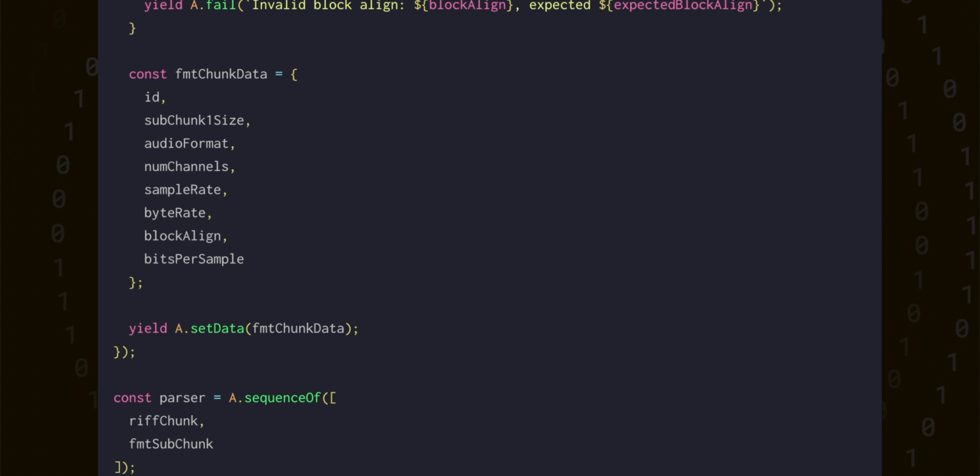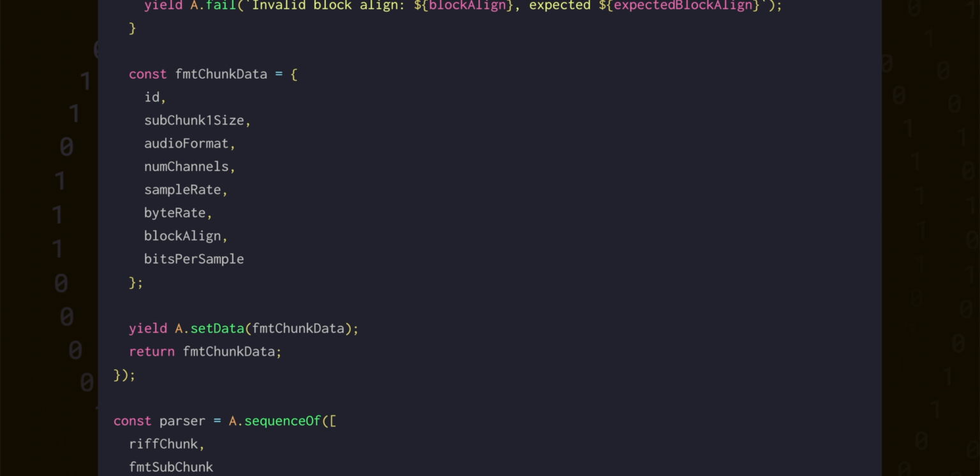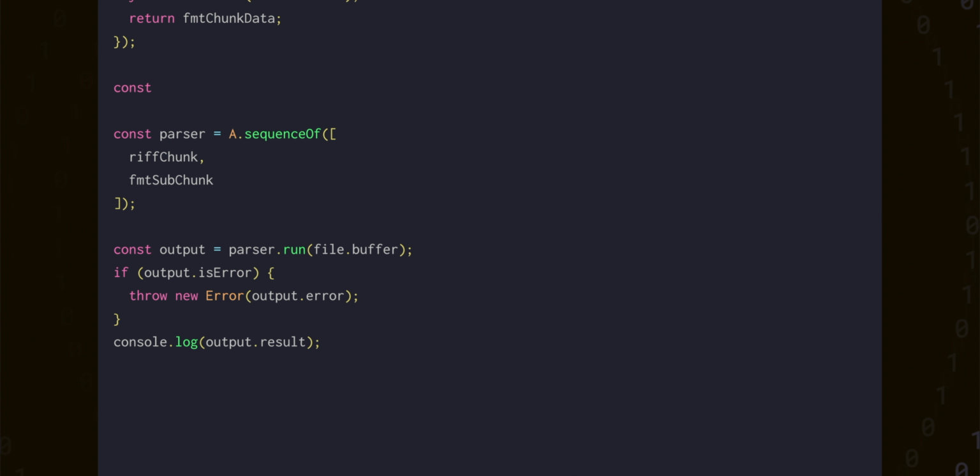This parser doesn't consume any input or alter the parsing state at all, but it does allow us to store some data during this specific run. That data can be later retrieved with getData in the same way, and this is how we can get data between our parsers that are not directly coupled to one another. And of course, once again, we can return the data from this function,